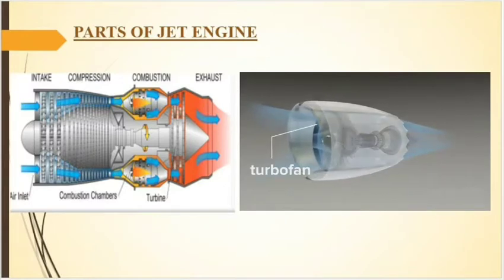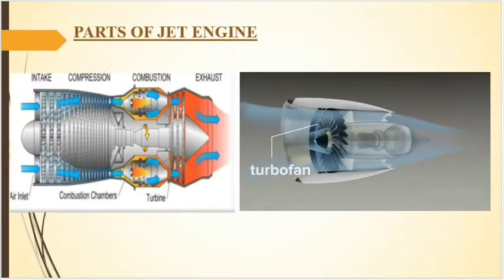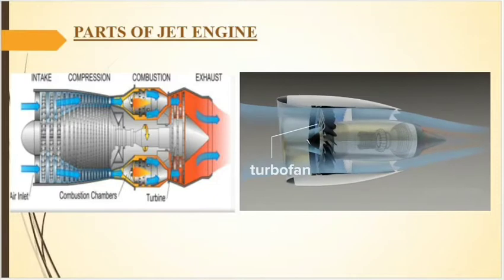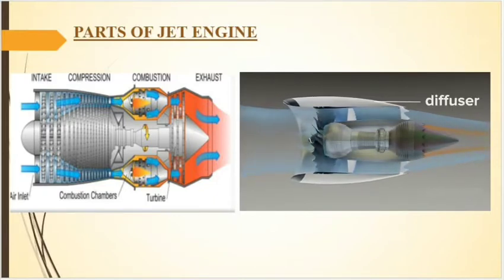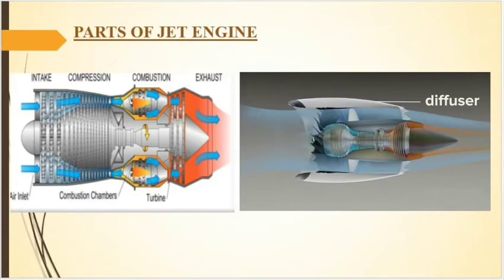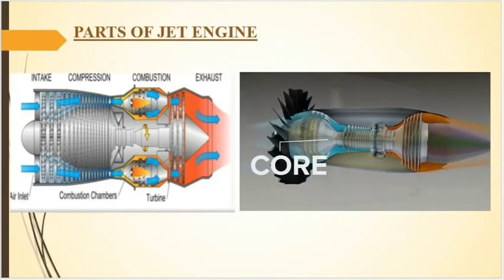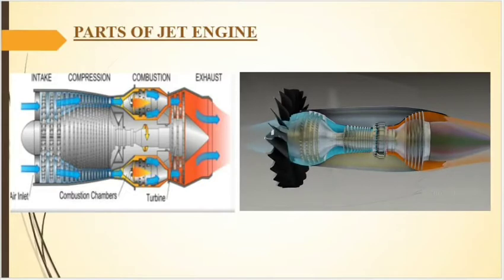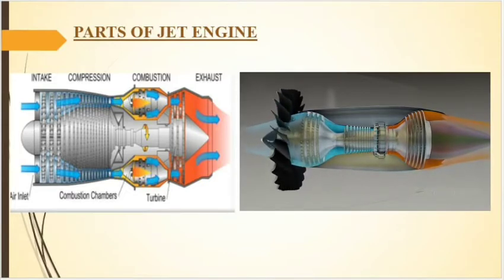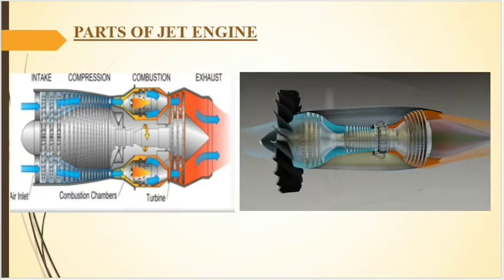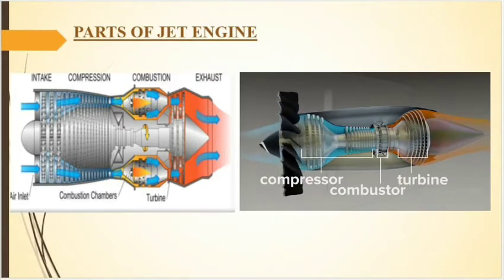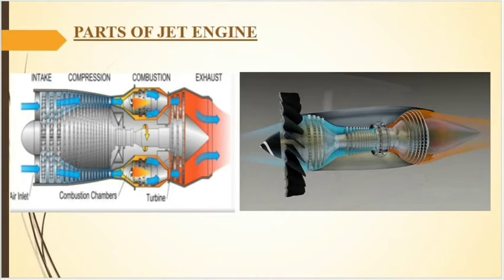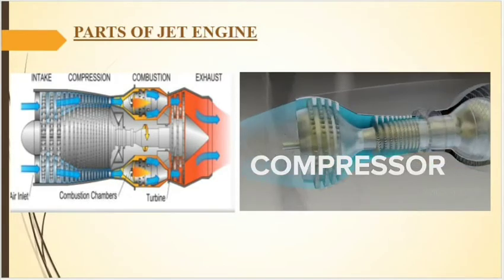Next comes the parts of jet engine. As you see in this video, the inlet duct is the opening in front of the aircraft that allows the outside air to enter the engine. Next, the compressor. It compresses the air and makes the flow much more powerful. The compression happens in stages that force the incoming air into one increasingly inner chamber. A row of rotating blades and stator vanes is called a stage.